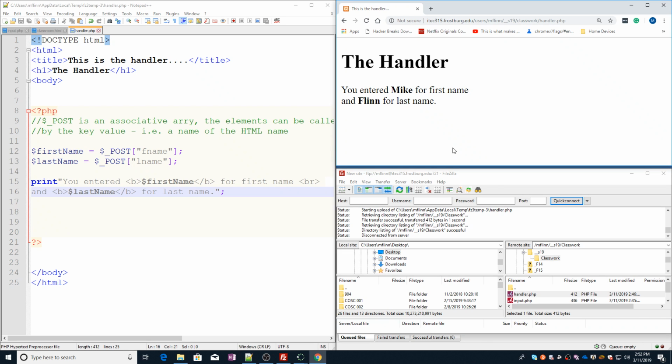What's up? Undefined index F name in line 12. All right. So you said F name. Let's have a look at. This is a parser error. All right. So let's come into your code, into this code. You called it F name and L name. And then in your handler,